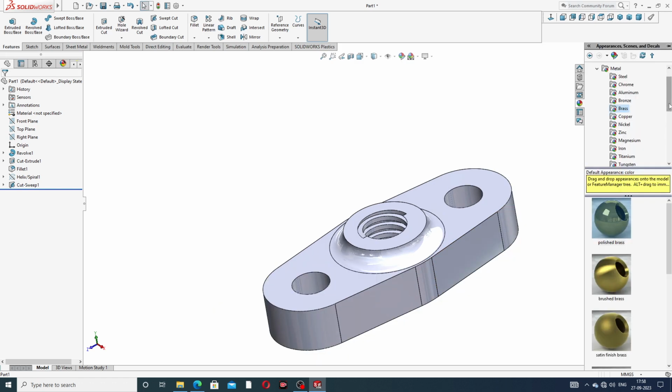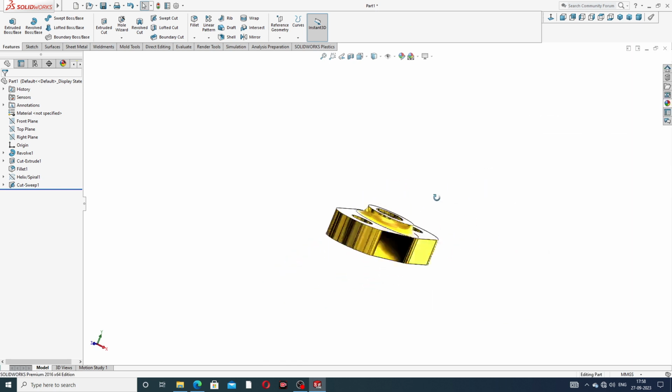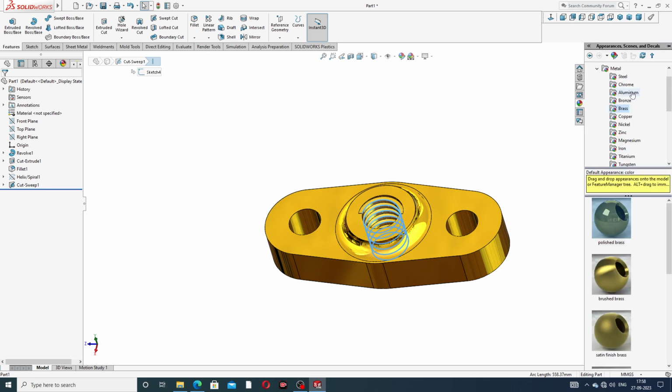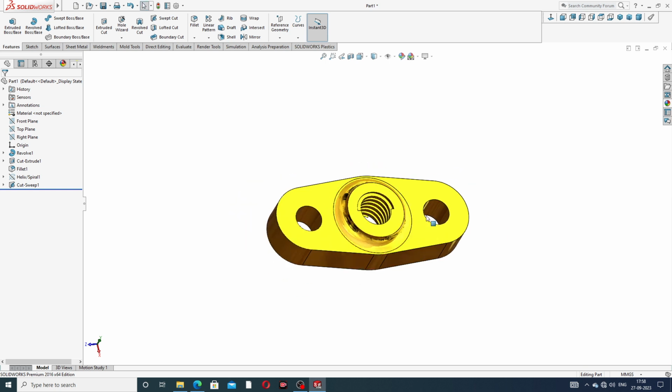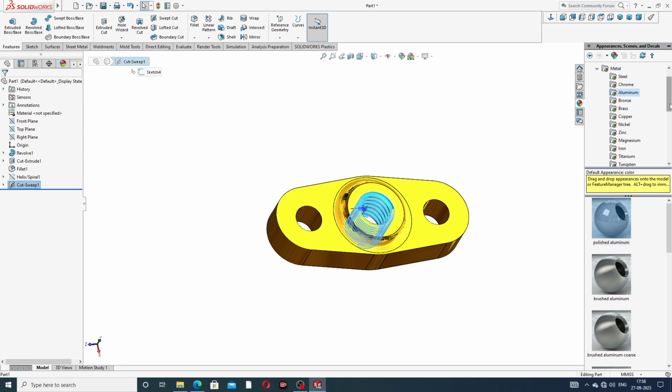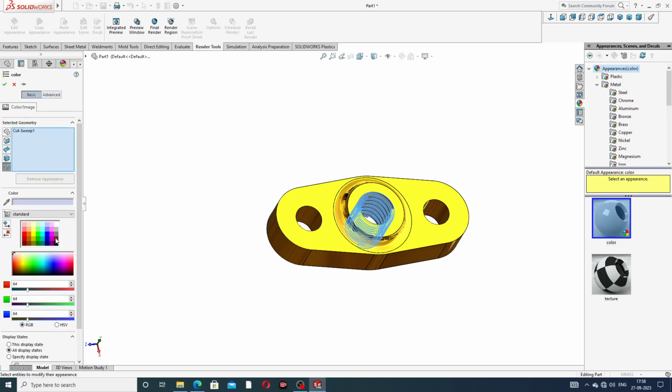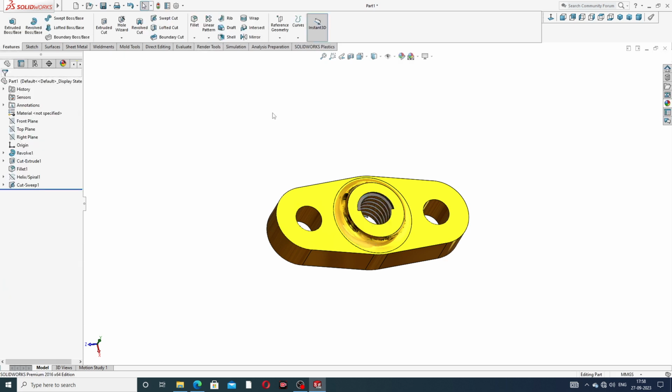and going to this material, apply here metal, and polish brush is perfect. Okay, and also select this and go to aluminum, and okay, this is perfect, but go to this, select here, and material, okay, select here and go to appearance, and this is black color, which means this is perfect.